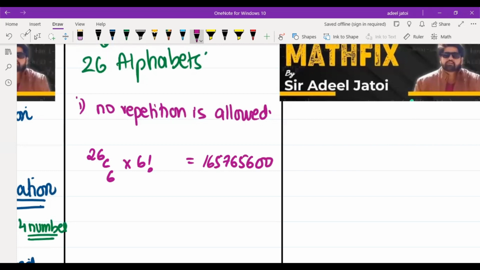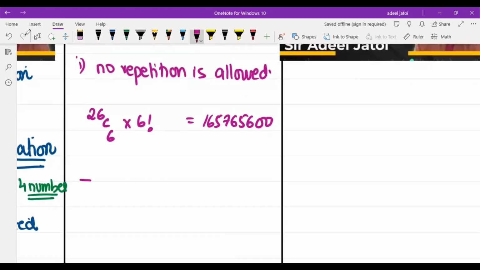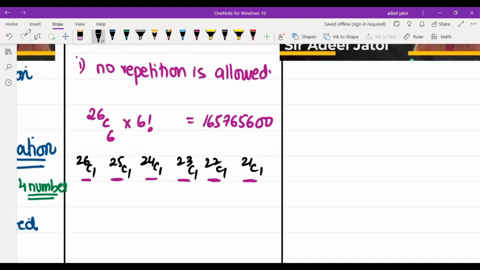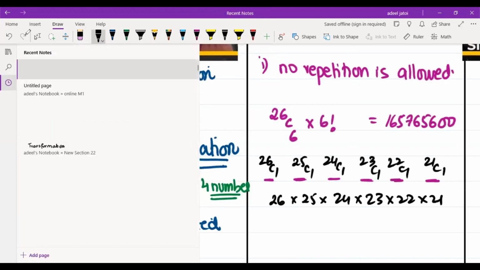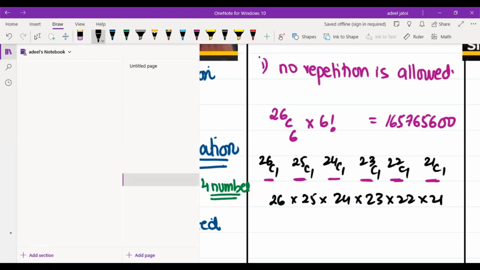165765600. Or what we can do is work with 6 different blanks, and we start off with 26C1. So when the first alphabet is here, then we'll go to 25C1, then 24C1, 23C1, 22C1, and 21C1. So this is going to be 26 into 25 into 24 into 23 into 22 into 21. So that particularly means that each time what I'm trying to do is,